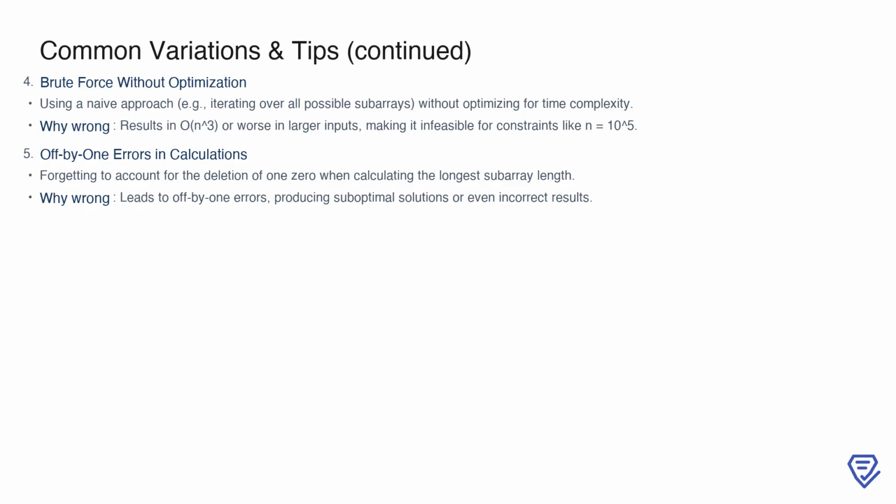A more subtle but equally problematic error is off-by-one mistakes in calculations. For instance, forgetting to account for the deletion of one zero when determining the longest subarray length can skew the result. These small miscalculations often lead to suboptimal solutions or even completely incorrect outputs, so attention to detail is vital